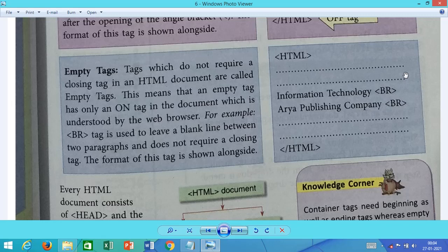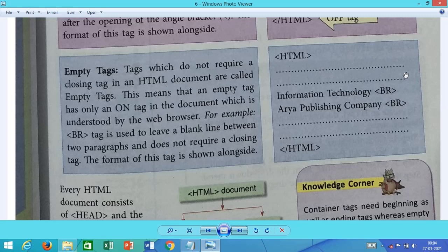Now here if you see, the BR tag has only the on tag; we have not closed this BR anywhere with a / sign. Because this tag does not have an off tag, that's why it is called an empty tag.